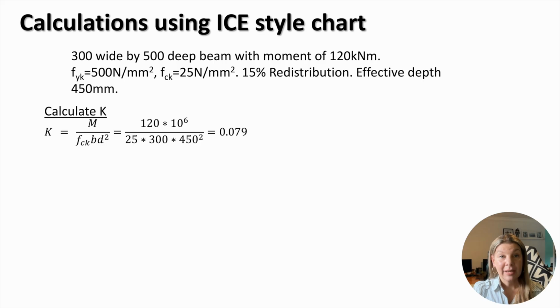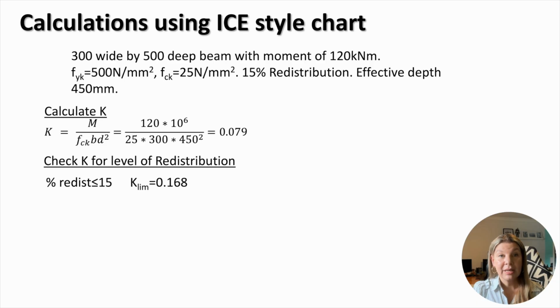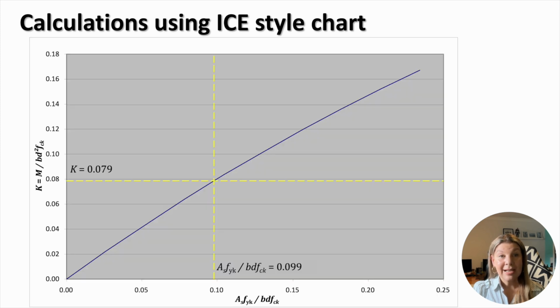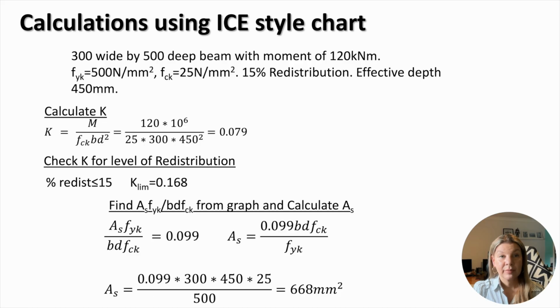We start the design by calculating K. Substituting the values of relevant parameters, we find that K equals 0.079. For a 15% redistribution, the limit value of K is 0.168, and the limit for the X to D ratio is 0.45. From the ICE design chart, we can find that for K equals 0.079, the quantity AS times Fyk divided by BD FCK is 0.099. If we rearrange that and substitute the geometric and material properties, the area of steel equals